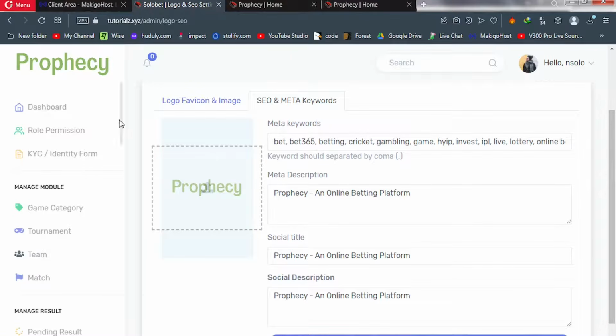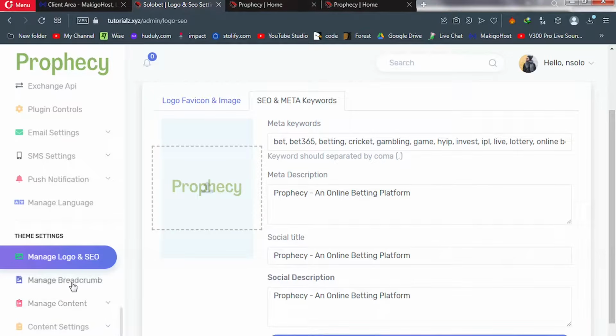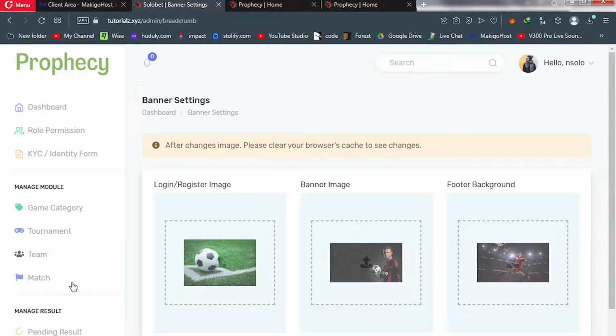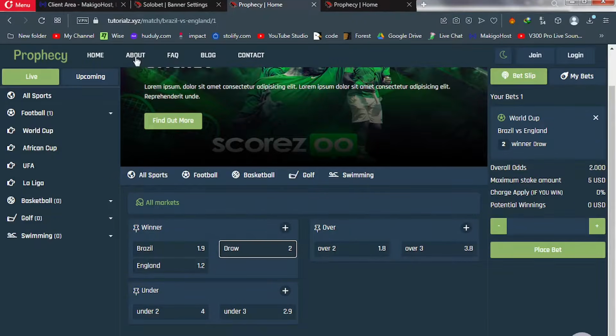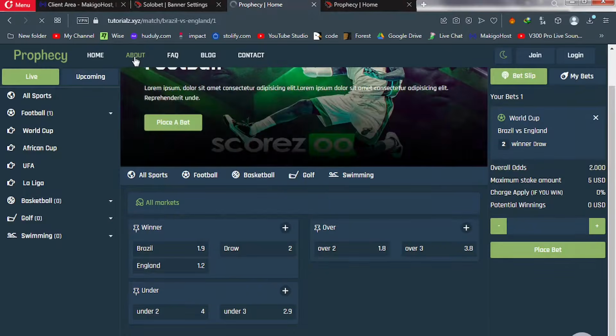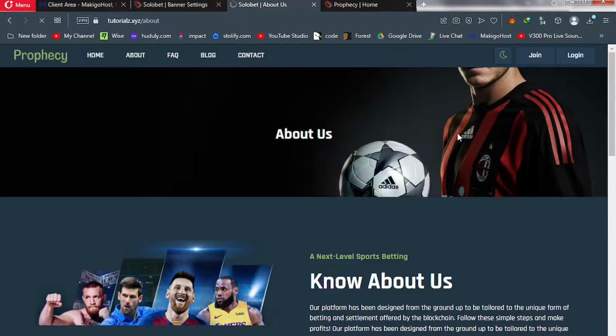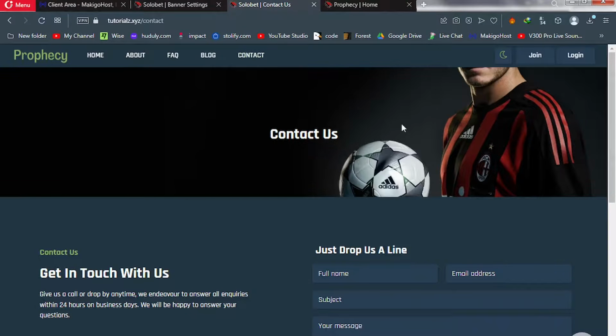Next up, go to breadcrumb. Now, let me explain to you what a breadcrumb is. So I'll first of all take you back to our site and open any page, something like about us. Just click on about us. Now, when you open any page, there's always an image on top there. So you see, this is a breadcrumb image. Go to contacts and that image will still follow you. You see, that's a breadcrumb image. You can change that